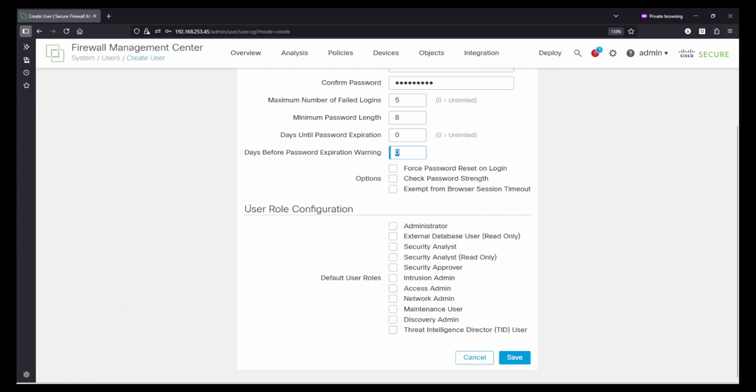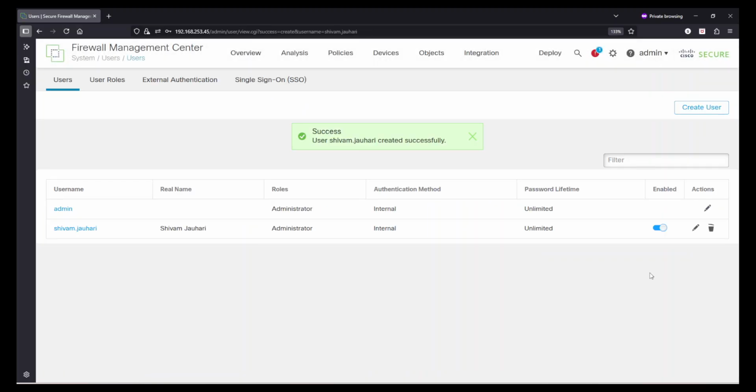Then the role. Our main configuration here is the user role. What role will the user have? I can say Shivam is an administrator. Okay. Just hit save, and I'll become the administrator user. Okay. Now let's create